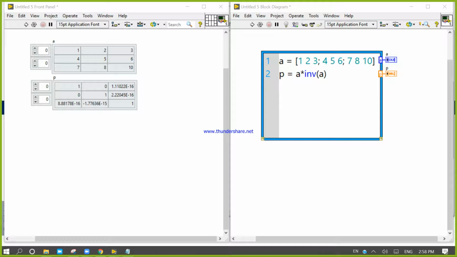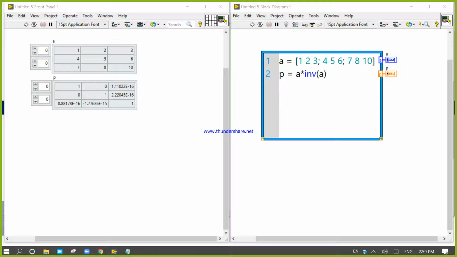You can perform standard matrix multiplication, which computes the inner product between row and column, inner product between row and column, using the multiply operators.